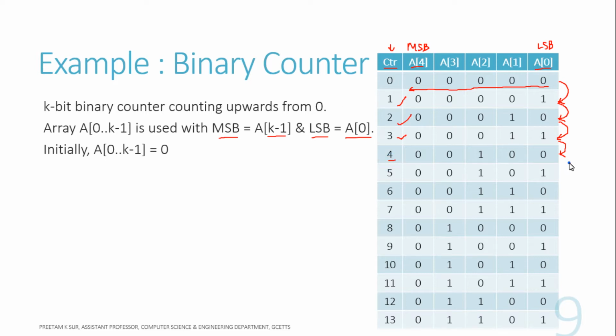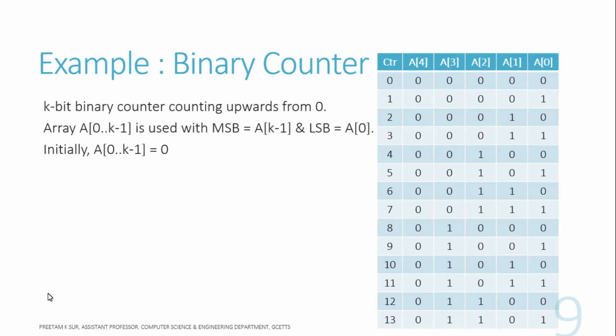So in this way, if you keep on calling the increment operation one after another, you can see that the bit string is going to change in the way shown in the table, one by one. So this is what we'll have when we are calling increment on a 5-bit counter. Now if you look at it, how are the bits changing during each increment call?